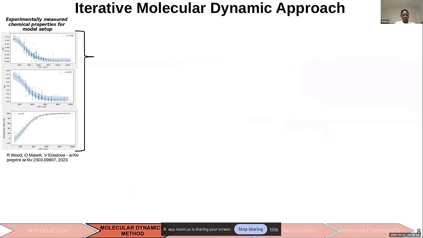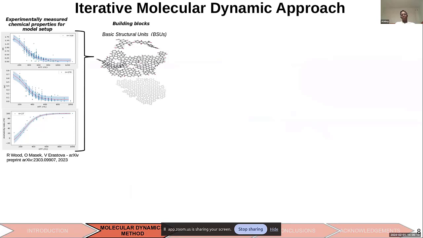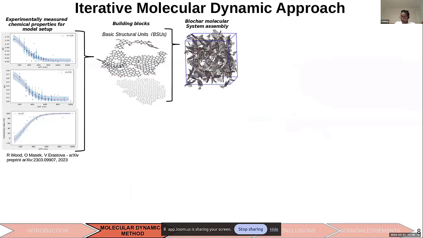So our approach is we get the experimental data, which helps us to get structures, which guides us in building our structures. We assemble these structures into a simulation box. But as we can see, they are just structures all over the place. They are not consolidated together. And so we apply molecular dynamics modeling with